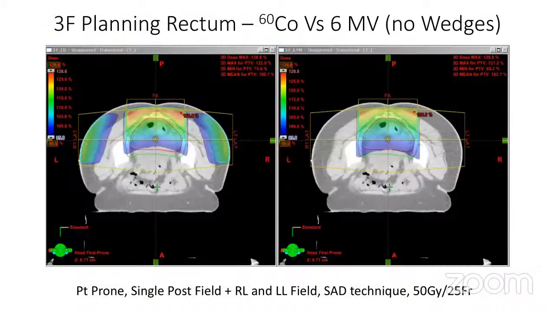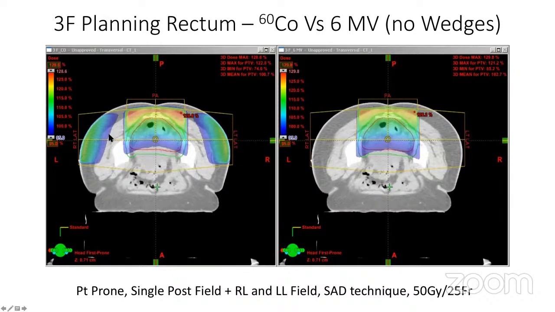Okay, so you look at the hotspot. This is three field planning, one posterior and two lateral, and this is on a cobalt unit. It's a large separation, a huge patient, and you can see from the amount of abdominal fat, a huge patient. You used only cobalt, one posterior field and two lateral fields, let us say it's a case of rectum,